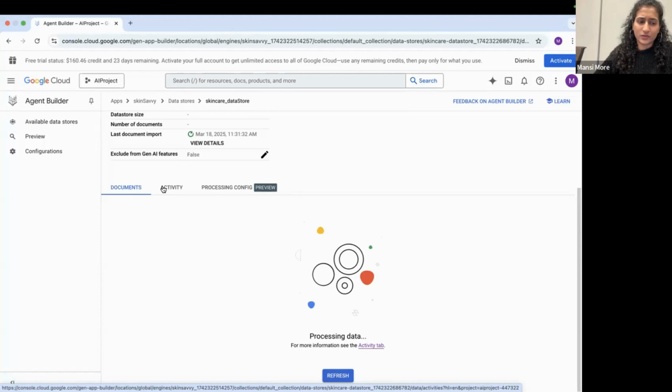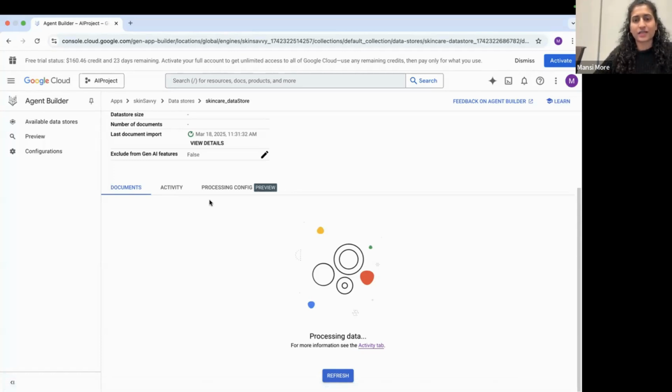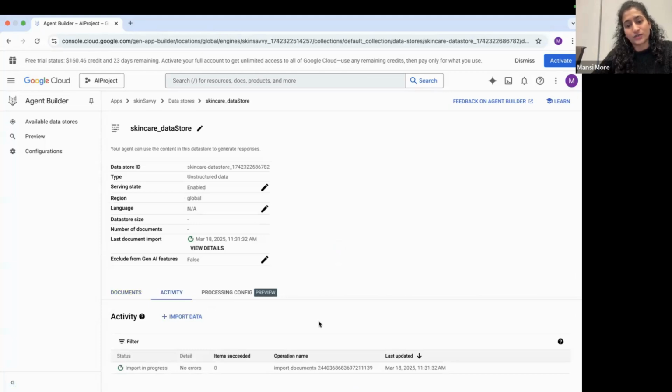Sarna is asking if the data folder has only three PDFs, and is that all? Yes, like I mentioned, this is just a sample dataset for a sample website. If you have any specific project idea, feel free to use that dataset, but again, it will take time to upload. Even with only three files it is taking time to upload to the cloud, which is why we have only three PDF files. And it's not that you can use only the PDF format. You can use .pdf, .doc, .html, and .pptx.